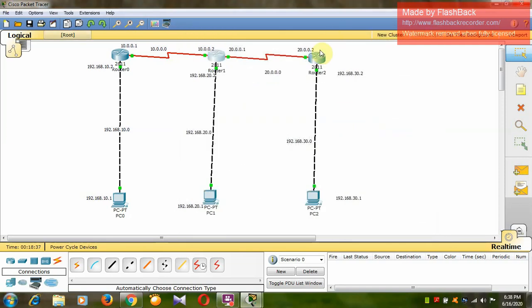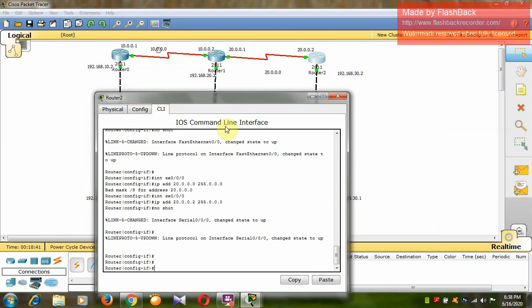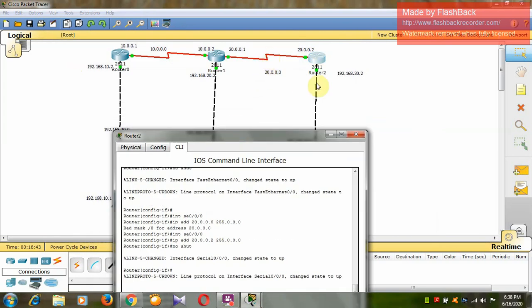Okay, similarly we have to configure this router 2 now. So now router 2 is knowing about this 20 network as well as this 192.168.30.0 network. So similarly, we have to tell this router about all the other networks other than the networks which are directly connected. Okay, leaving this 20 network as well as 192.168.30.0, we have to tell my router about all the other networks.